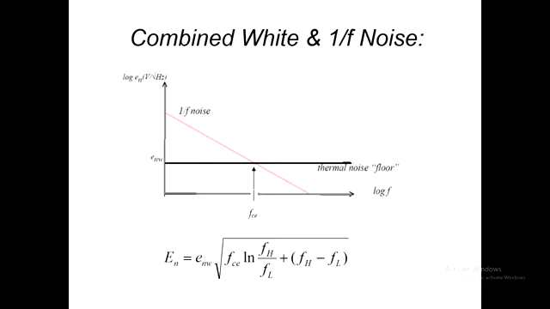And the reality is that the manufacturers will give you a white noise level for white noise that's generated in the op-amp, and they'll usually tell you a corner frequency where there's departure to a 1 on F profile that gets higher as frequency goes lower. Yeah, low frequency noise. Now this is also seen in a lot of biological processes too, by the way.